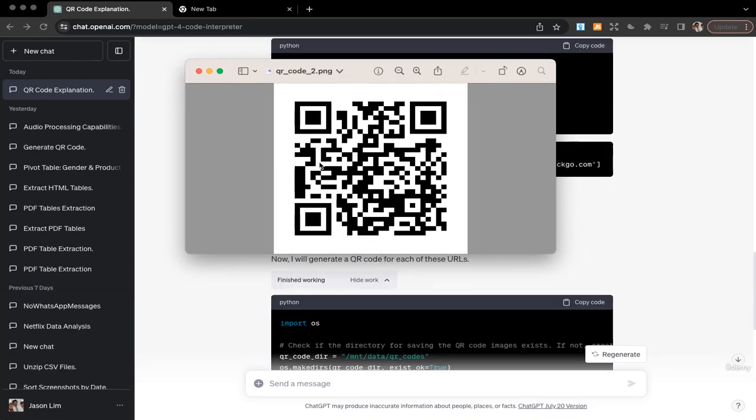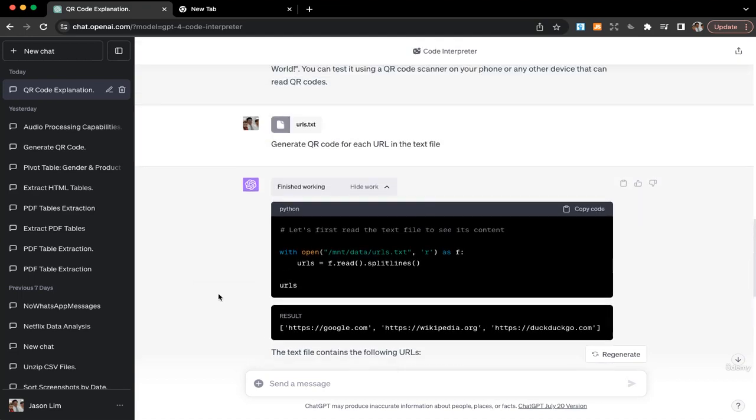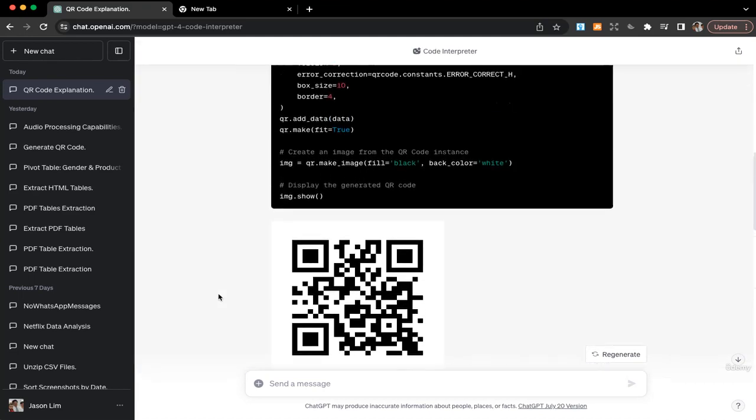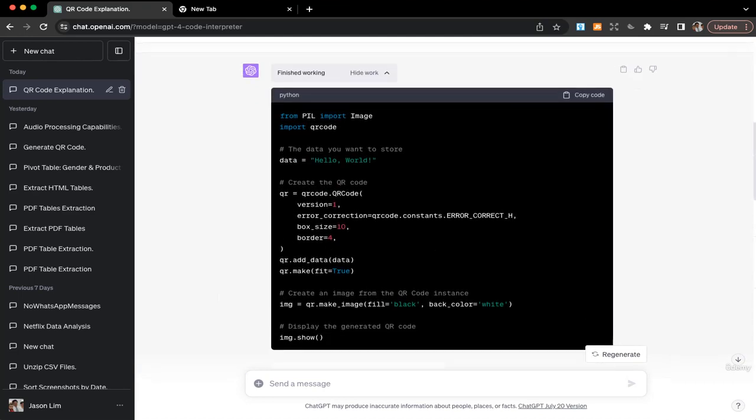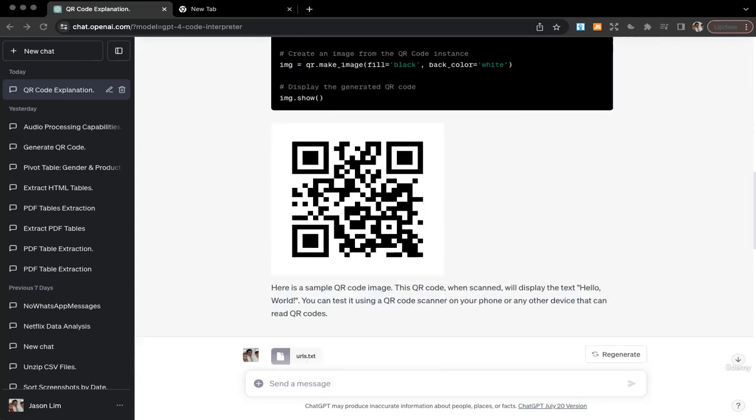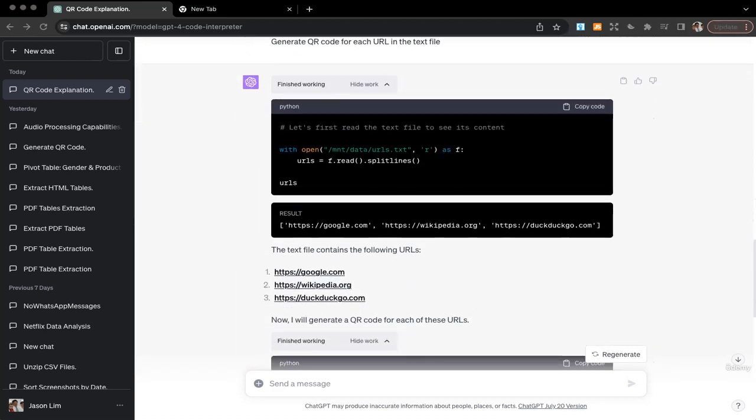And if I take my phone, take the camera app and then scan this, it will actually bring me to the Wikipedia website. Alright, so let's just have a quick look at the code and what it did. You see it imports the QR code library to help us very quickly generate QR codes. So with this QR code library, we then read the URLs in the text file,